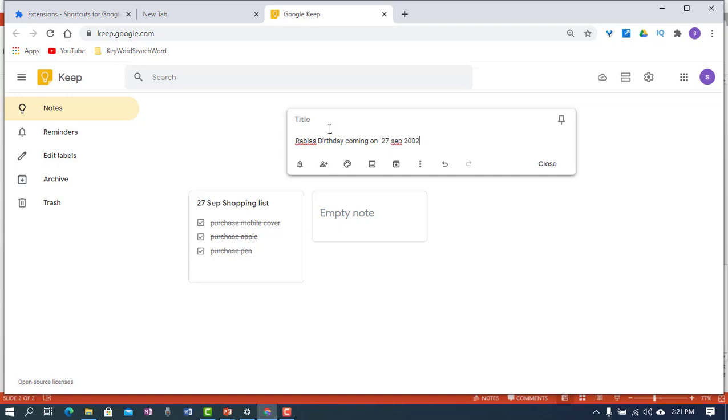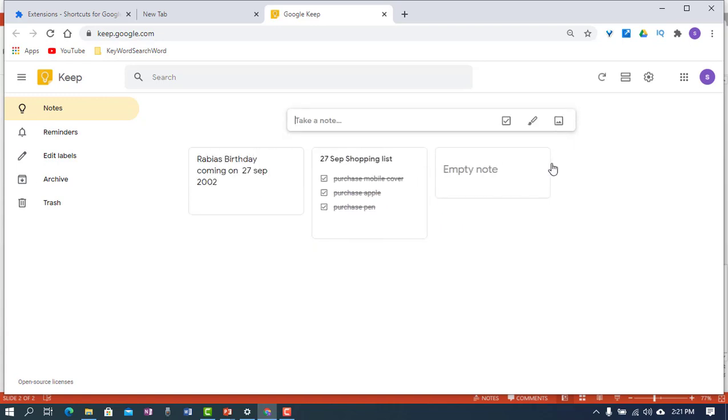I just give some description and click close. As soon as I click on close, you can see here a note is created. Okay, now I have successfully created my first note, which is called Rabia's birthday.